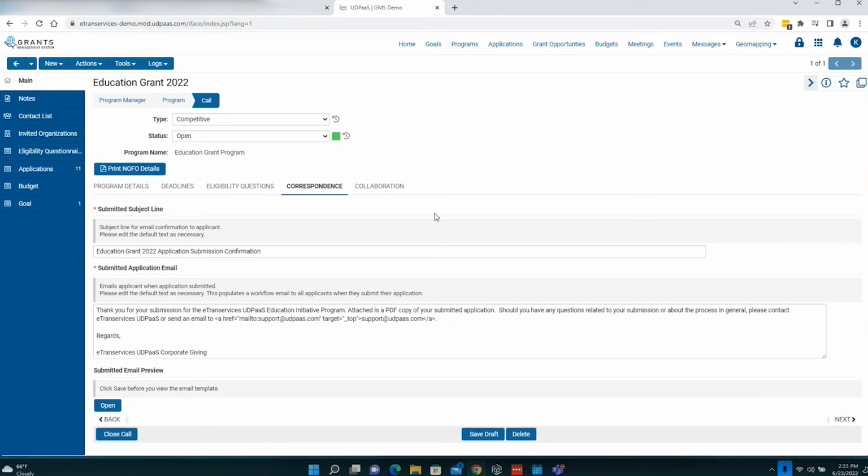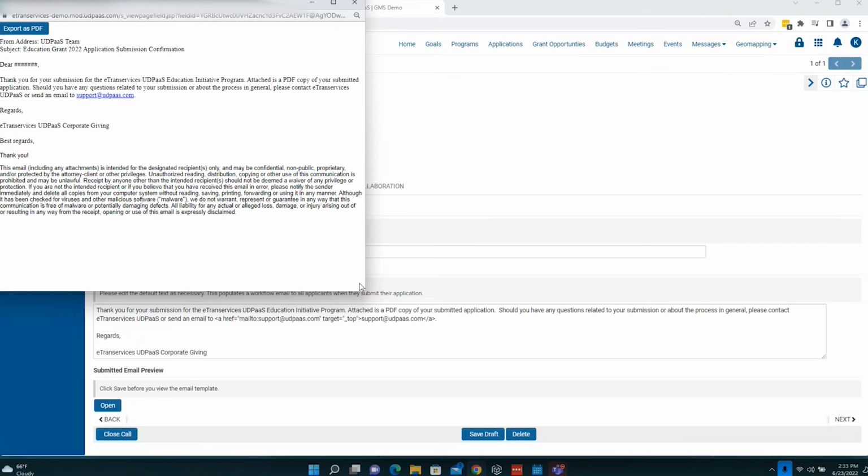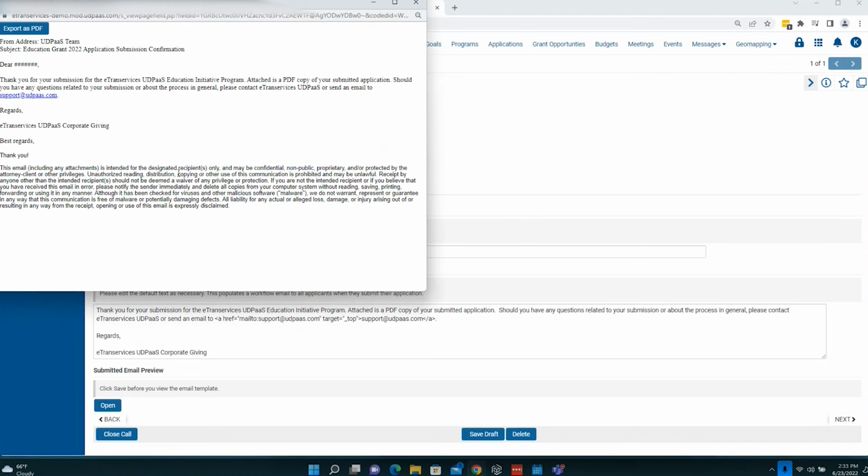And then over here, more official correspondence. I may want to send them an official email or even a letter that says, this is the title of the letter. This is the exact content that I want in the email. And if I just want to preview what that email will look like, it'll look something like this. So you can see that these hashtags are representing the dynamicness of the name for the individual